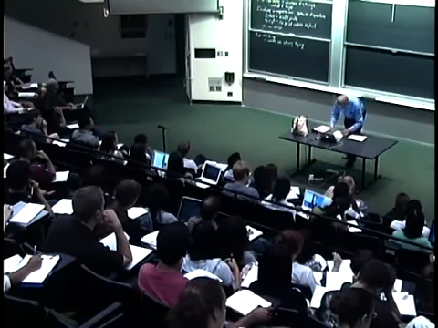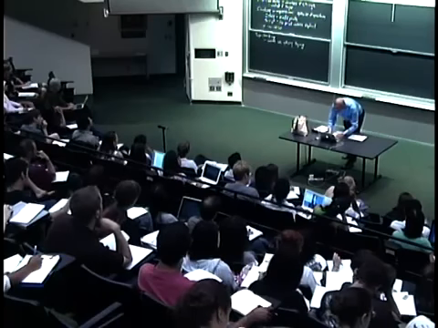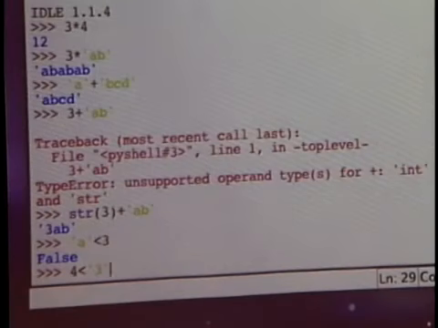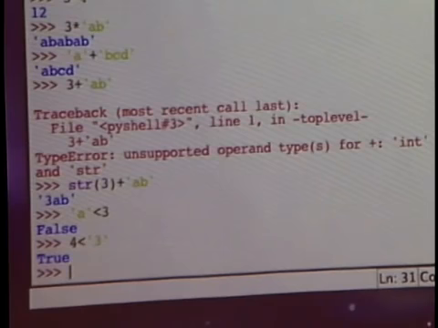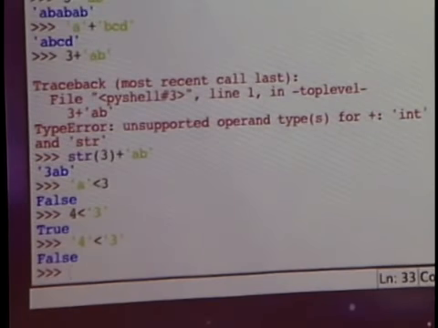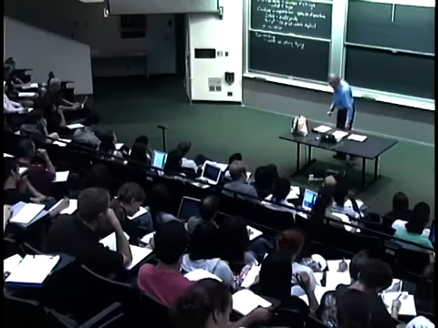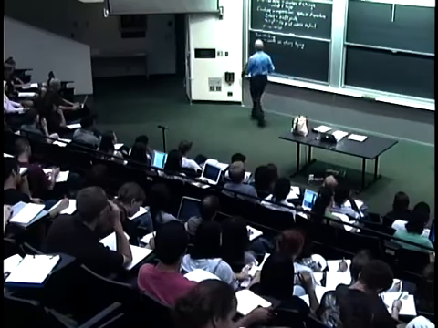Just to give you an example of that, for instance, I can do the following. The number 4 is less than the string 3, whereas the string 4 is not less than the string 3. And this is a place where it's comparing strings and numbers in a strange way. So why am I showing you this? Partly to show you that it's kind of weird, but also to tell you that one of the things you want to do